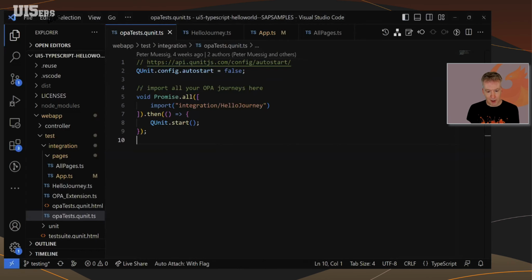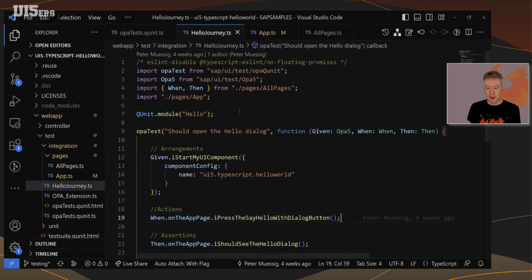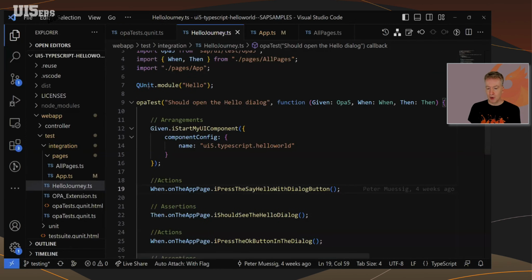And then once we have a look at VS Code, so for the OPA test, which is the more complex thing, QUnit, as I said, is pretty straightforward. It's just in TypeScript. For OPA tests, you import, for example, the tests in the main OPA test entry point. So this is directly loaded from the HTML page. They import the different journeys. The journeys themselves look also pretty straightforward.